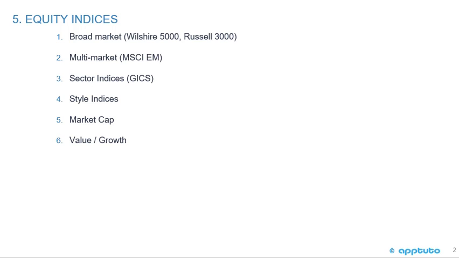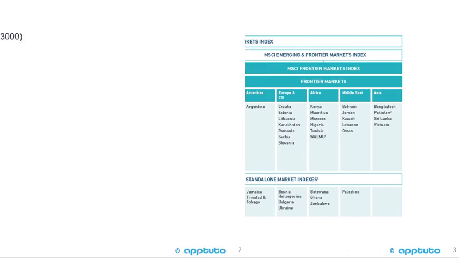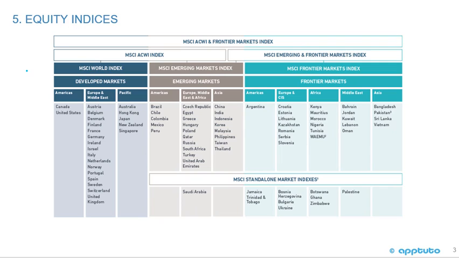MSCI Emerging Markets is a multi-market index to include all the countries in the emerging markets, or the MSCI World, which is the developed markets. We've seen that. Sector indices, I put there the Global Industry Classification System, some style indices, market cap, or value versus growth indices. Again, we've seen this slide before in the first LOS, and this is just looking at the MSCI with regards to their equity indexes. So we started here at the All Country World Index plus the frontier markets,